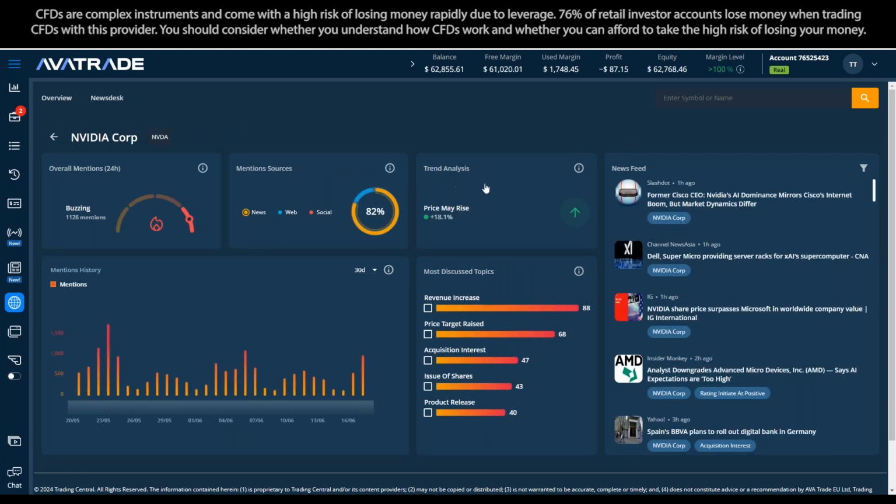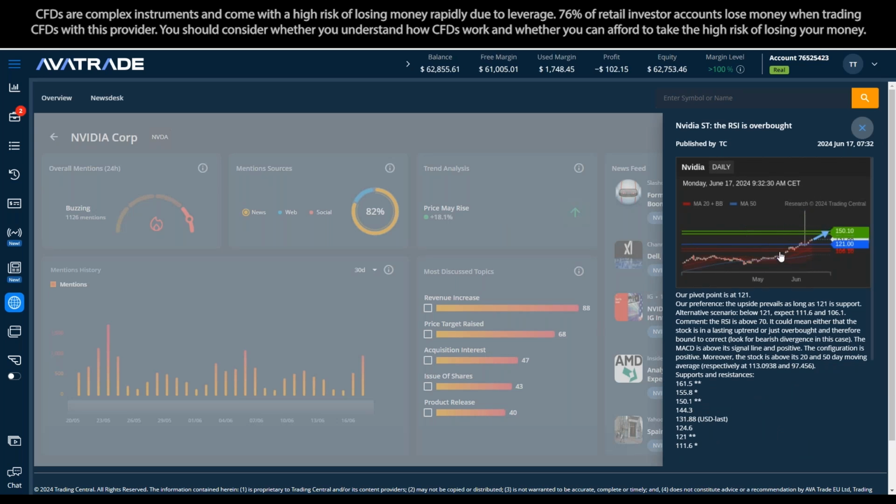There's a trend analysis with all the rising that NVIDIA has done. And boy, this has been right week after week. It keeps predicting a 20% rise, and it keeps happening amazingly. Again, it's predicting in the trend analysis an 18.1% rise still in NVIDIA. And if you click on that, it gives you the technical analysis. It shows you the pivot line. In this case, it's the blue line. As long as it stays above that blue line, they're predicting that it will keep rising up towards 150 a